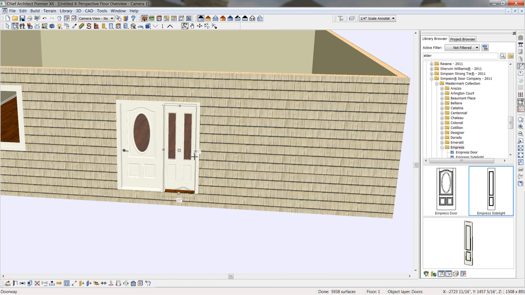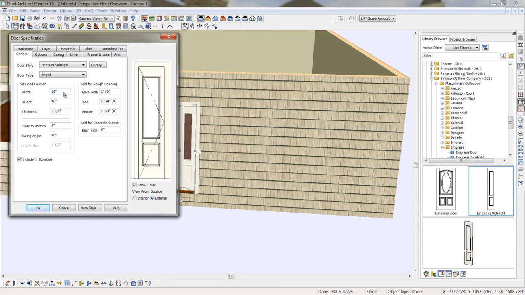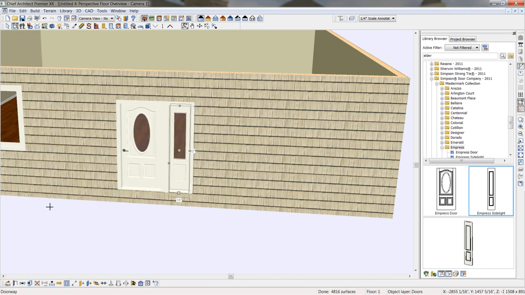And I'm actually going to open up this side light, and these come in a variety of sizes. I'm going to change this to 18 inches. Get an update for that. We'll set that to 18 inches, and then once I'm good with that, we'll select OK. You'll notice the preview updates. And then I can do the same thing to the other side of the door if I want another side